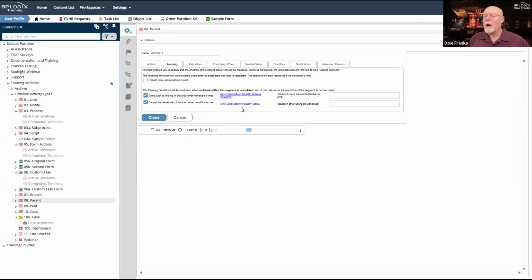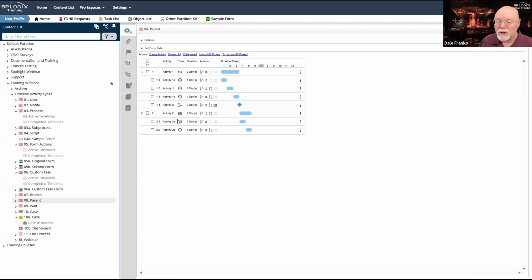This pretty much gives me all of the capability I need to run any sort of approval loop. And you should probably use it to run an approval loop because it does make your life a little bit easier. So right up here at the top in activity 1, that is my parent activity, and it contains activity 1A through activity 1D, although that says activity D, not 1D. But in any event, this is all fine. I will start my loop. I will run through my loop. If anybody says deny, I'm just going to exit the loop completely, and it'll start down here at activity 2A. I'll just jump out of it.